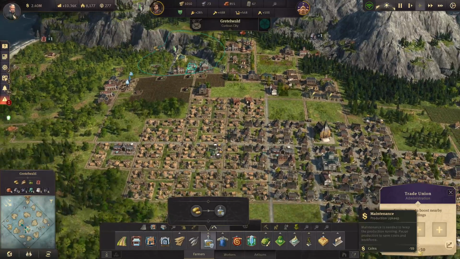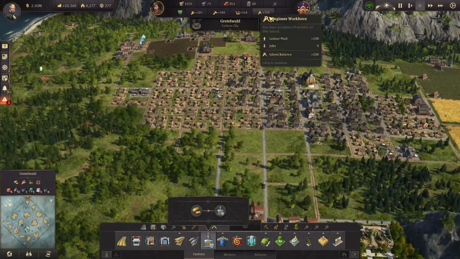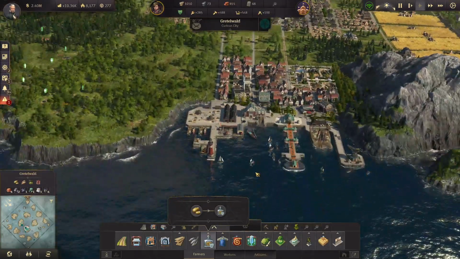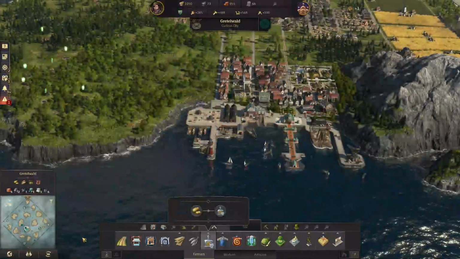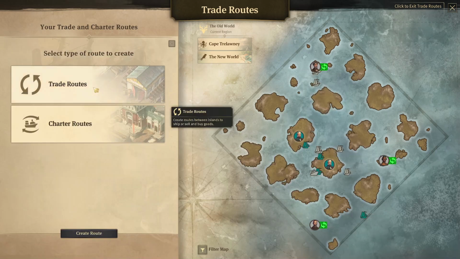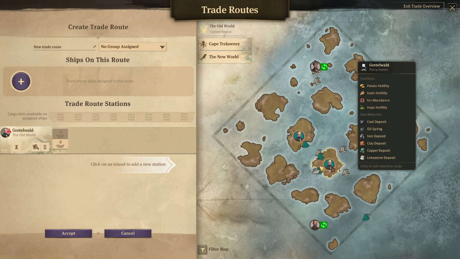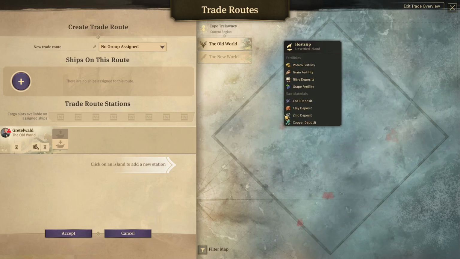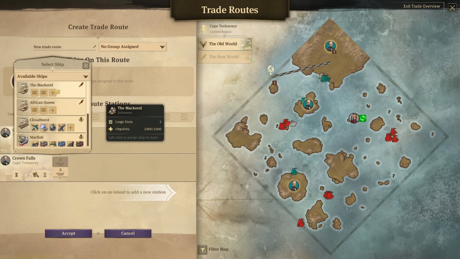The trade union just costs 50. So yeah, that's free stuff. I like that. So that's also why I said we don't need to worry about rum. We just need to set up the rum trade route. So let's do that. We create a new route that goes from Gretelwald all the way to Cape Trelawney, Crown Falls, and we can use...